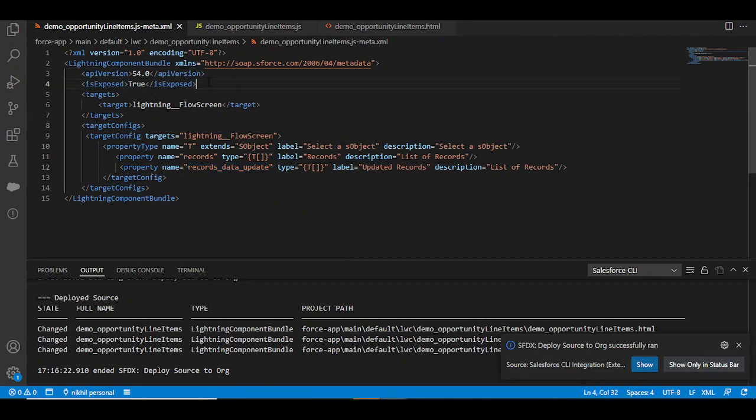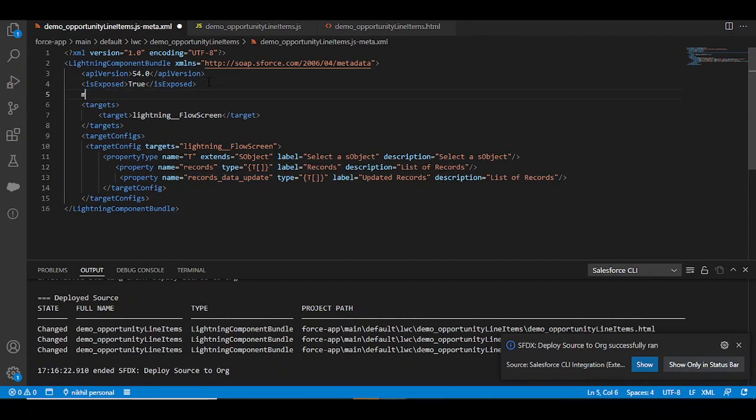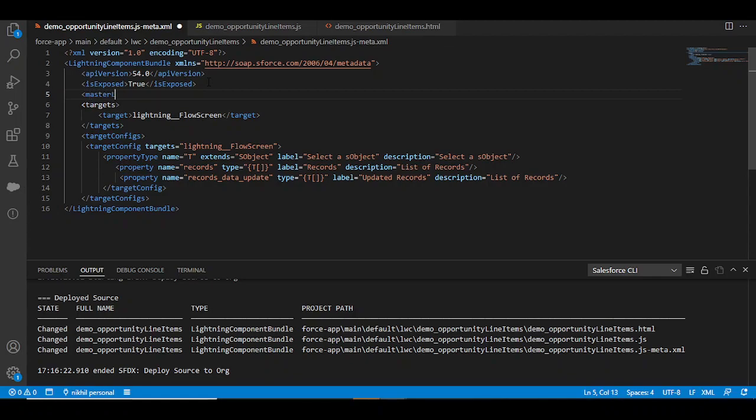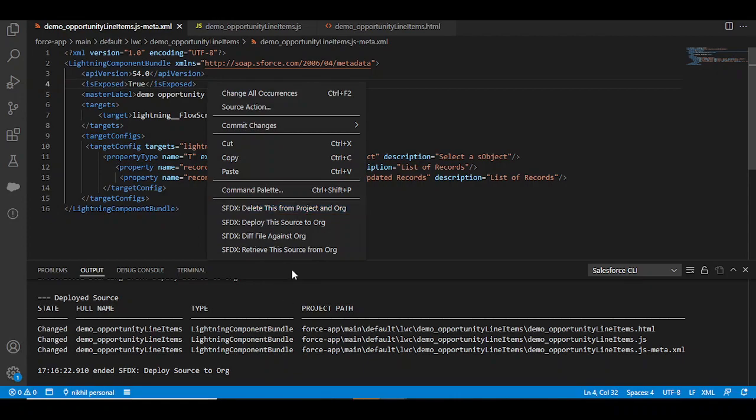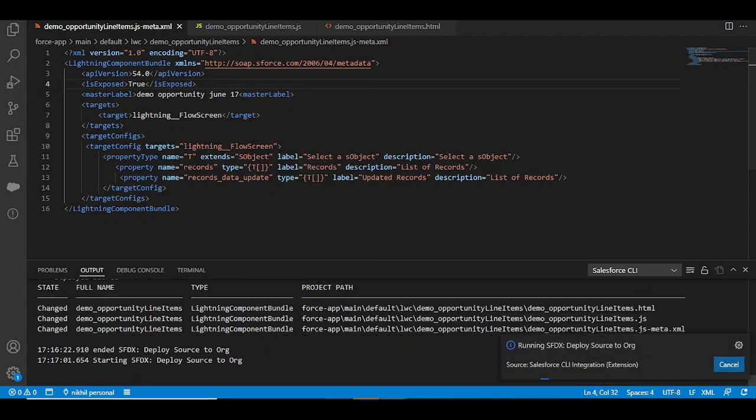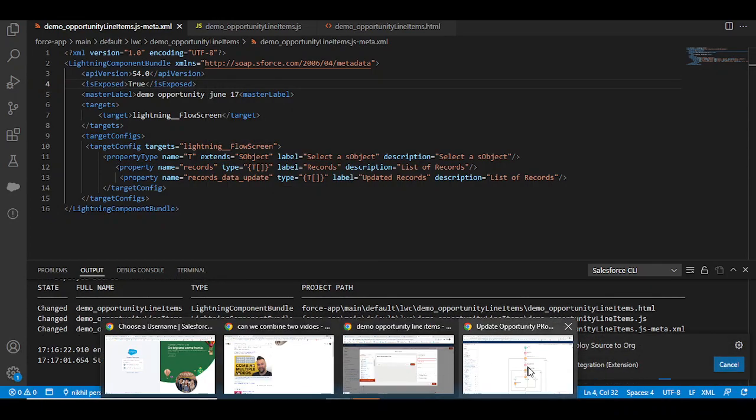We can give a master label here so that we can find our LWC with that name. Master label: demo opportunity, June 17. Okay, let's deploy this. And coming back to the flow,